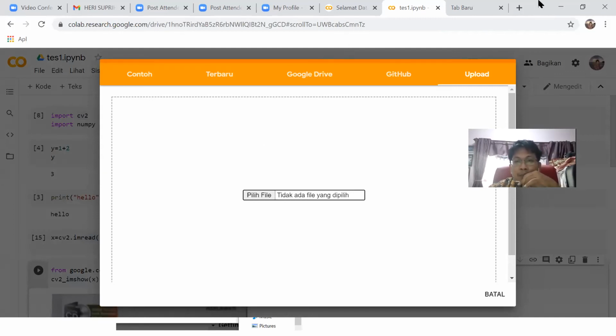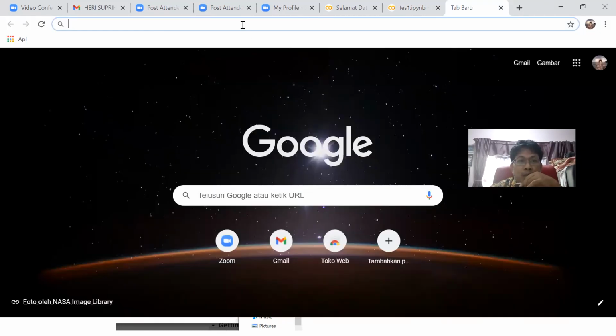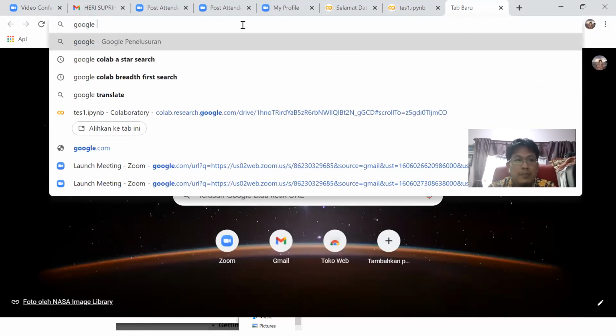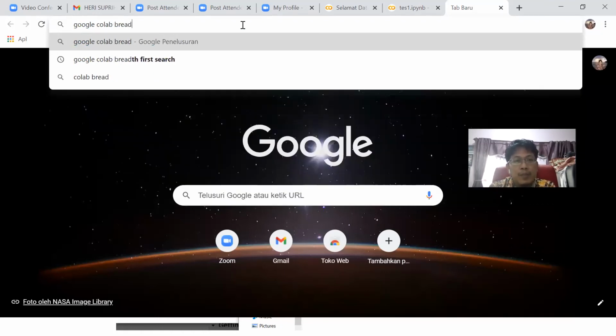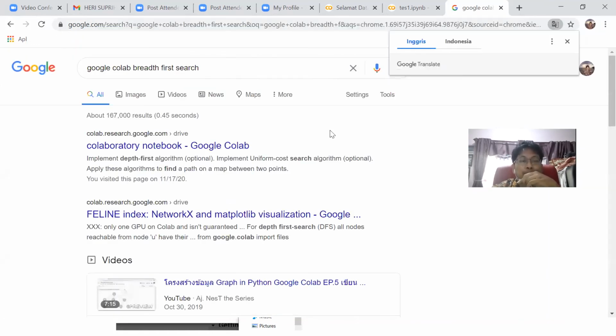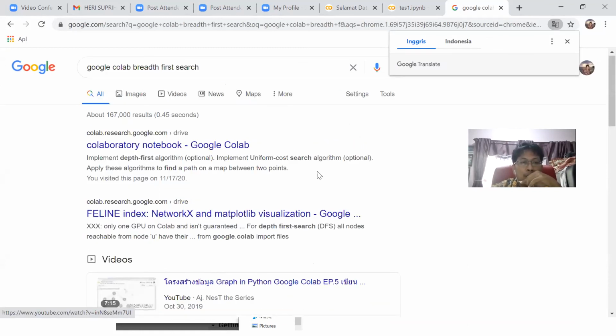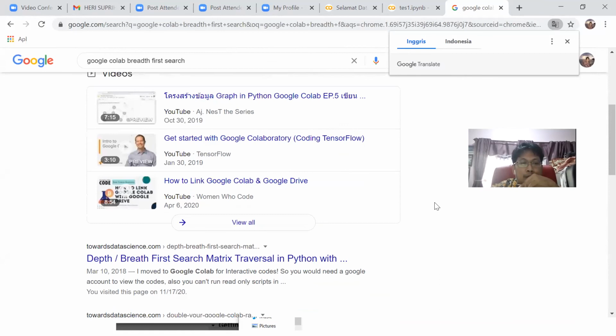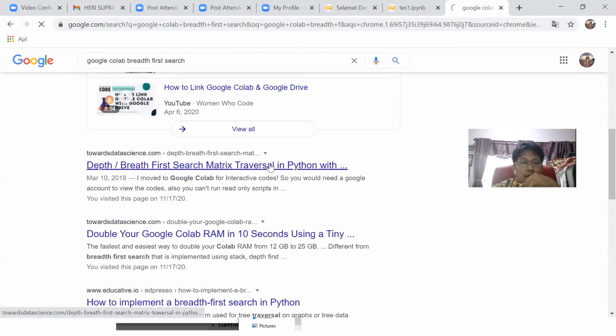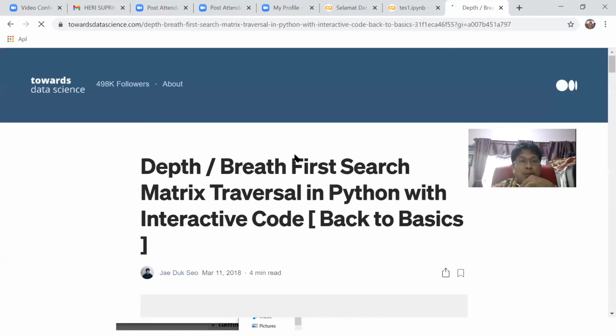For testing, actually we can use Google Colab. Some people have already uploaded the code.